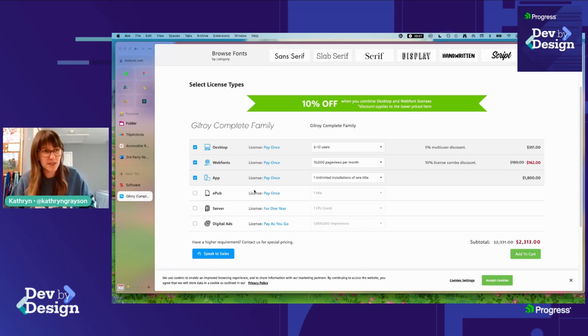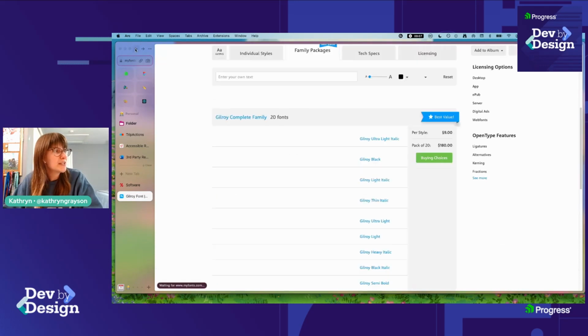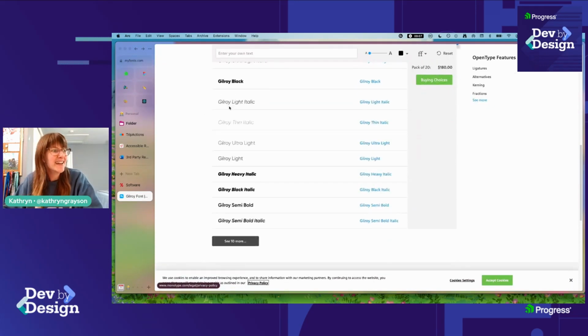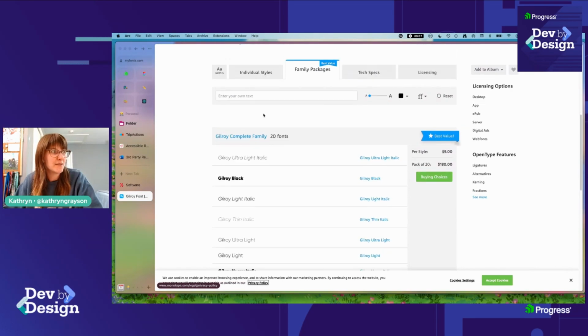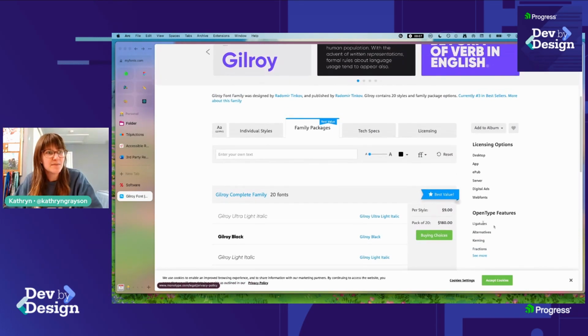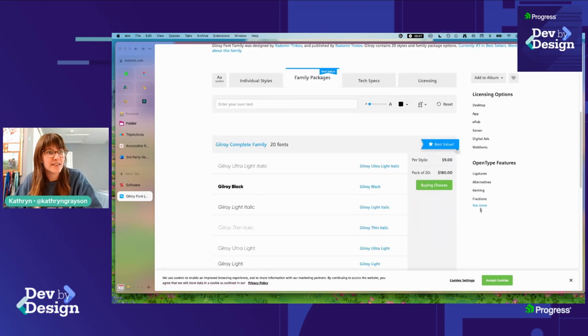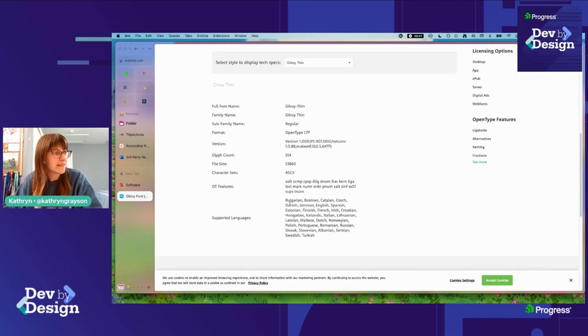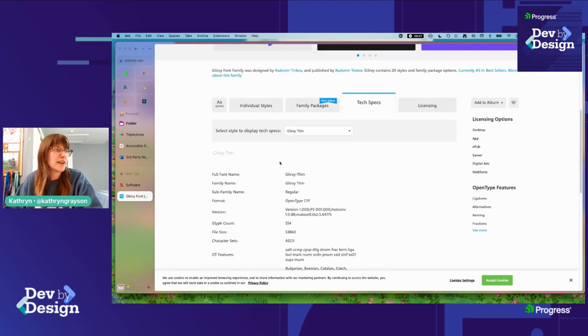It's not a subscription model in this case. Again, that changes depending on other licenses that you may or may not need. But if this is just something that you're going to pay once as part of your branding startup costs, you could do worse. And again, like we talked about, you get what you pay for. So with something like this, you're going to get a lot more styles, a lot more flexibility, all of these languages that are going to be supported out of the box, ligatures, kerning, fractions,